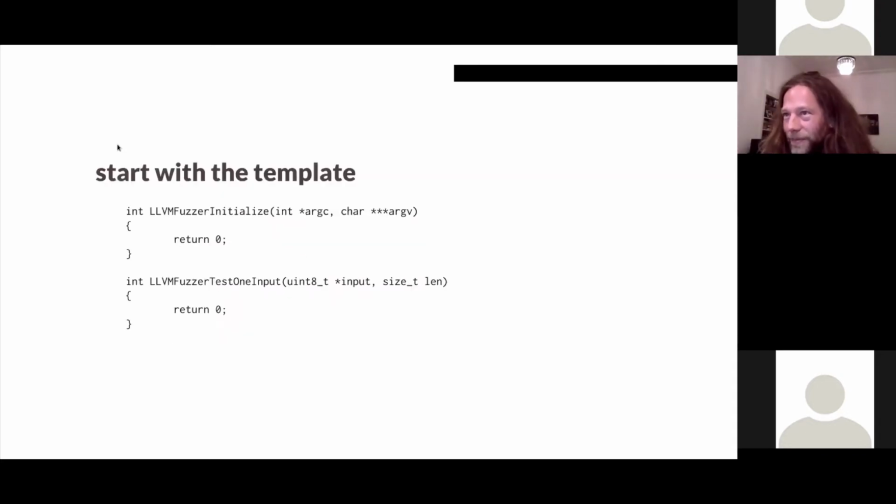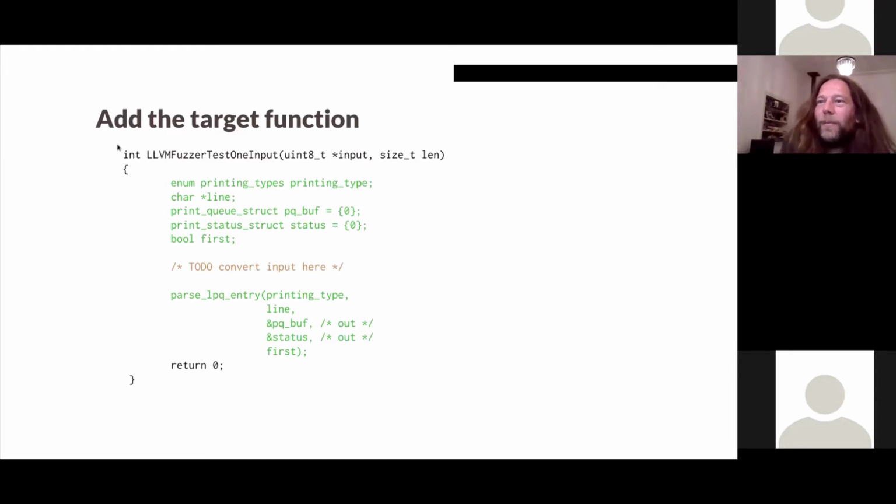So what you do is you start a file with your template, your initialize and your test one input, and then we put the function we're wanting to fuzz in there, and